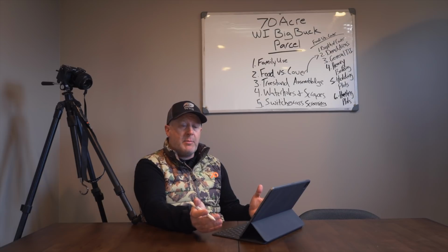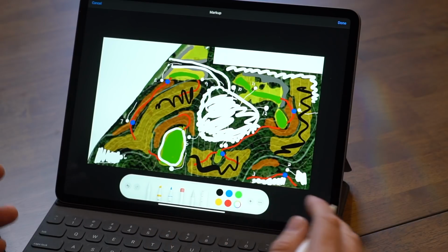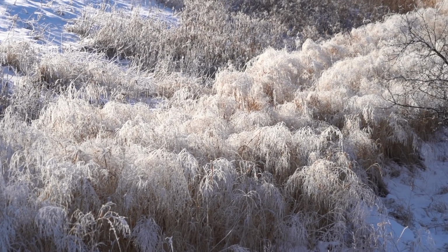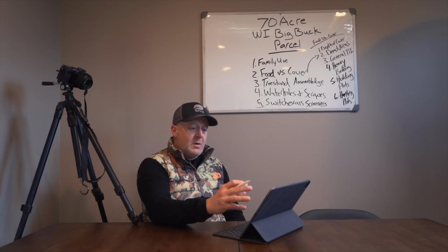When you add it all up, the parcel efficiency on this 70 acres, by the time you add switchgrass screening in these fields out here to make the deer feel more secure from the road and from the access, to really more insulate the property just like this giant hillside does right here, then I would look at that and say there's at least 65 to 70% of the land that is all deer all the time, and that's at